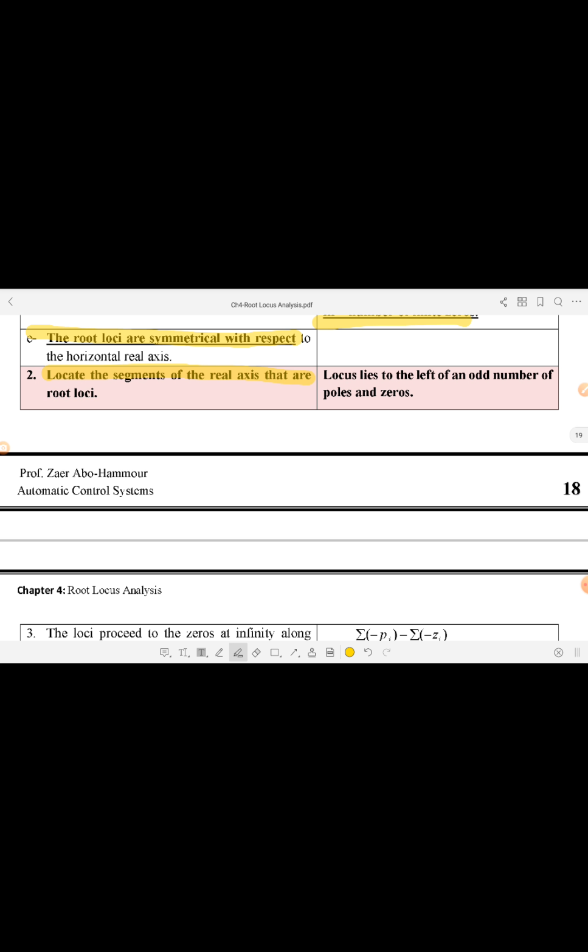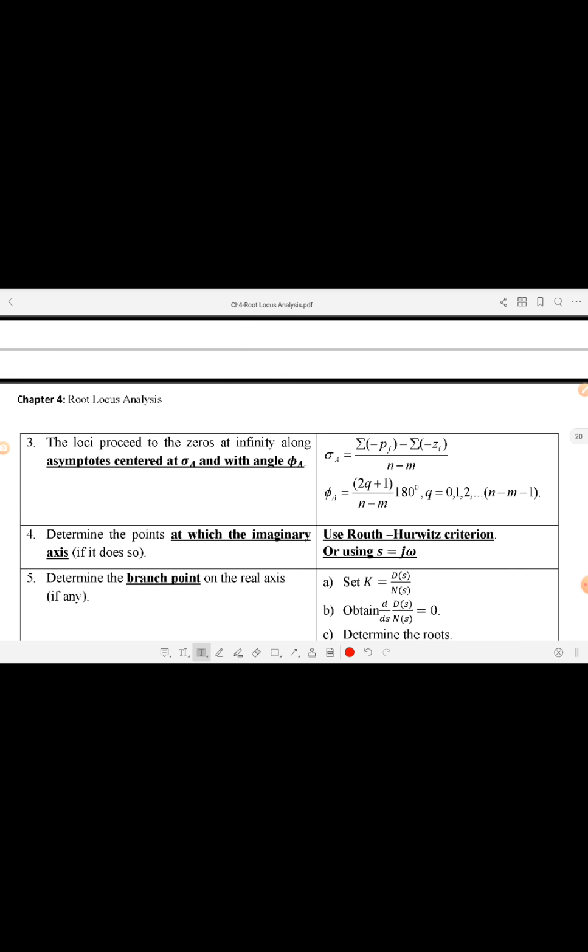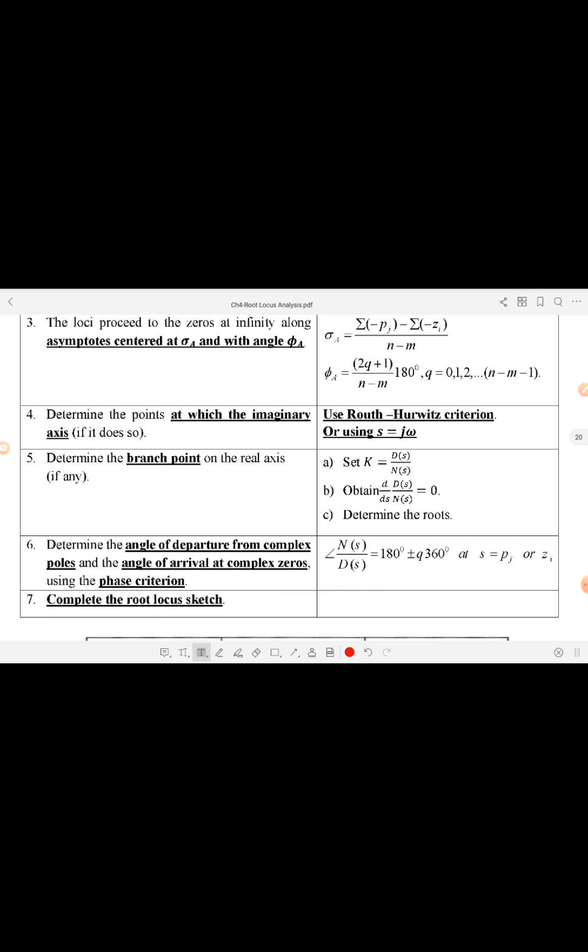We should locate the segments of the real axis that are part of the root locus, and we should use the odd number rule as I have previously covered. After that, the asymptotes that approach infinity,